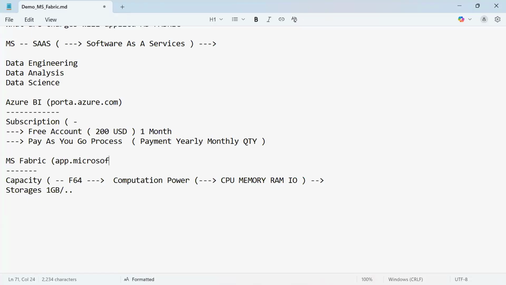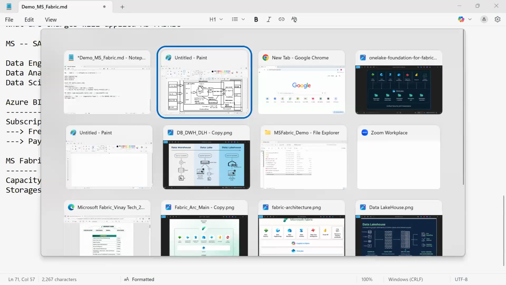app.microsoft.fabric, or you can log in with app.powerbi.com. Okay, you can log in with this one, or even for Power BI we use the same portal. So let's see here,